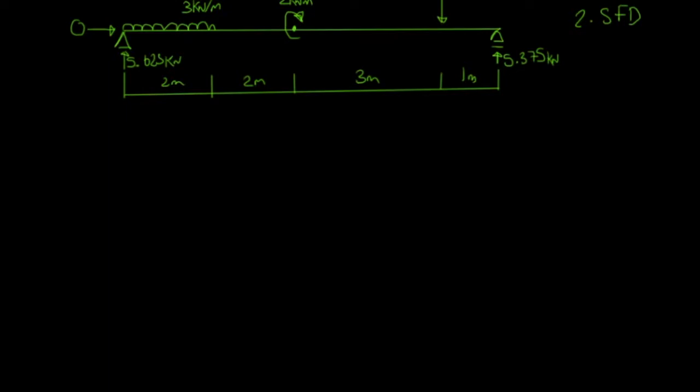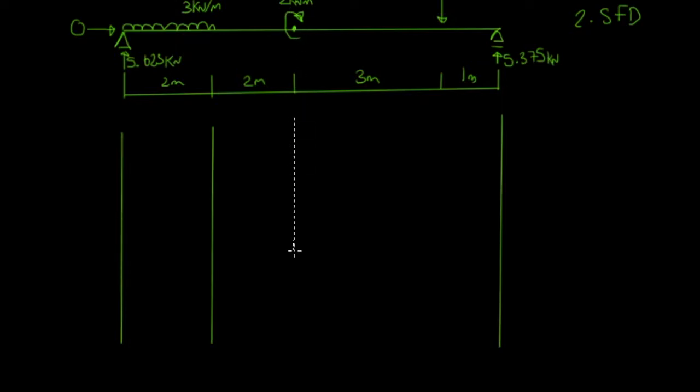Okay, so I, like a lot of others, like to set up a little grid system and put vertical lines at points of interest. A point of interest typically occurs at your supports, where you have a concentrated load, maybe a bending moment, or where you have a line load. So we've got a point of interest here, a point of interest where our bending moment is, and we've also got a point of interest where our point load is. And then a beam,